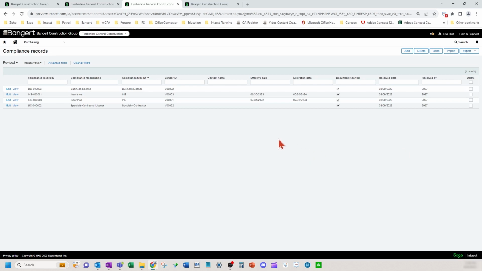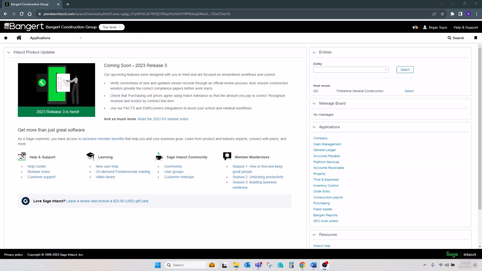Like I said, there's going to be more coming in future releases. When new features are released in Sage Intacct, or in some cases when existing features have been updated, your system admin is responsible for updating user permissions to reflect these changes for applicable user roles or users. Permissions for new features are undefined by default, so access and permissions will need to be assigned. Since your company permissions can be set up to be either user-based or role-based, your system admin will need to adjust them accordingly. The following are new features and feature changes in 2023 R3 that will need to be assigned.